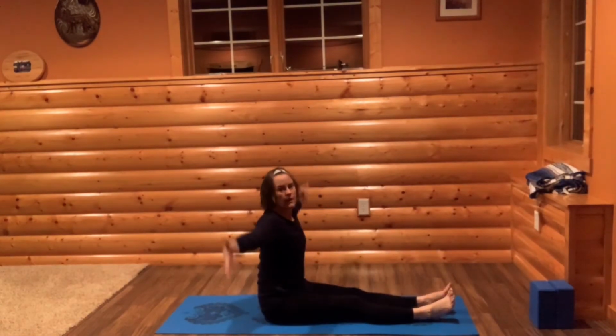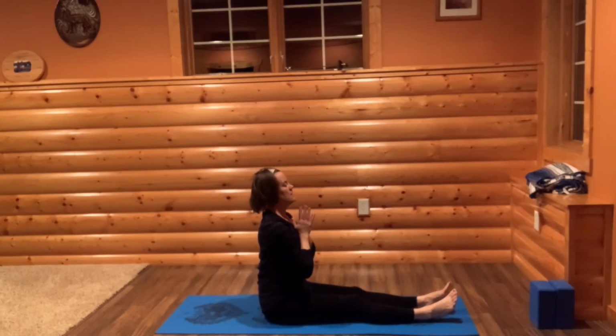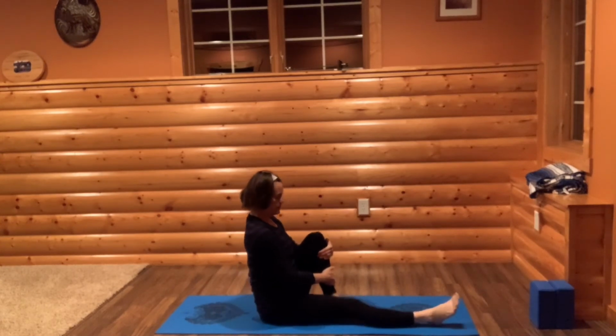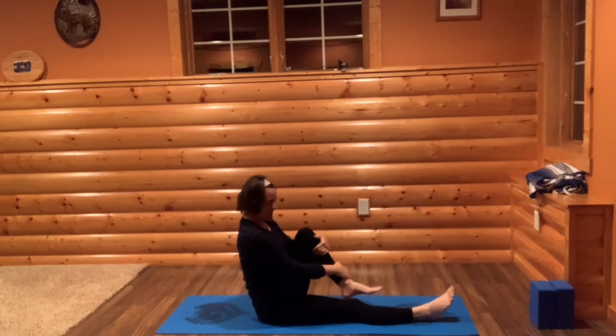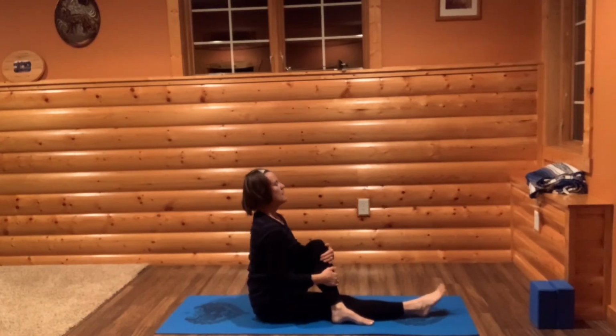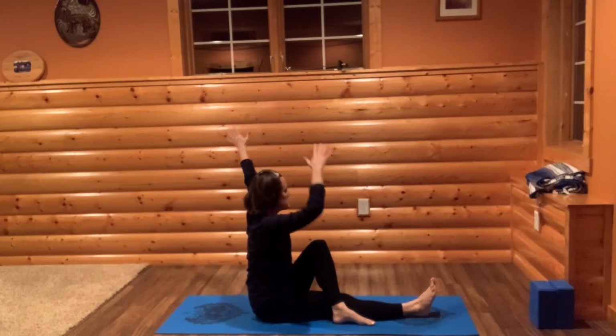Now bring both your arms up just to stretch up. Bring your hands to your heart. Now bend your left knee. Again, you could have your left foot on the inside or the outside of your right leg. Bring both your arms up, sitting up tall, finding that place on your sitting bones where you have equal weight. And now this time twist to the left,